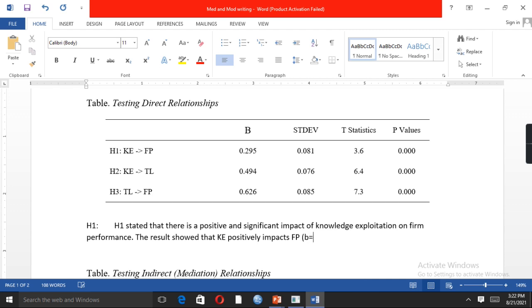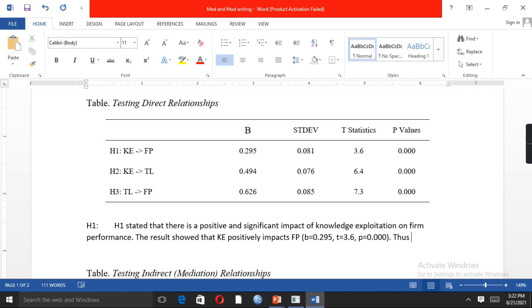So the beta value is 0.295, T value is equal to 3.6. However, P value is 0.00.